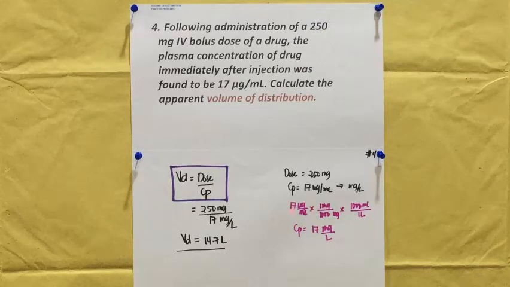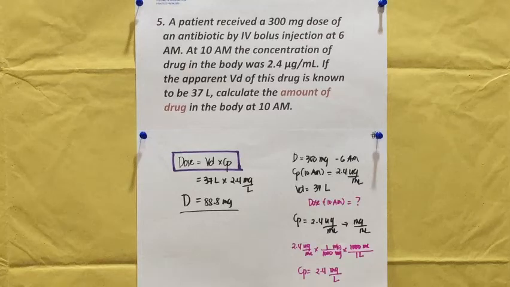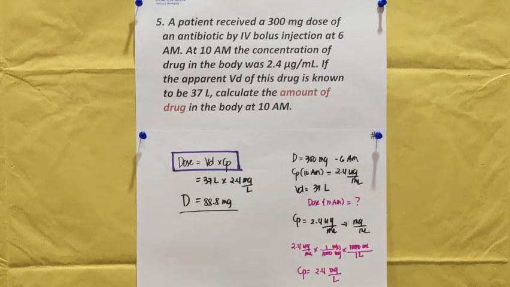So 17 times 1,000 divided by 1,000 is equivalent to 17 pa rin. So our Cp now is 17 milligrams per liter. So let us substitute. The dose is 250 milligram divided by the Cp, which is 17 milligrams per liter. So we will have a volume of distribution equivalent to 14.7 liters. Problem number 5. A patient received a 300 milligram dose of an antibiotic by IV bolus injection at 6